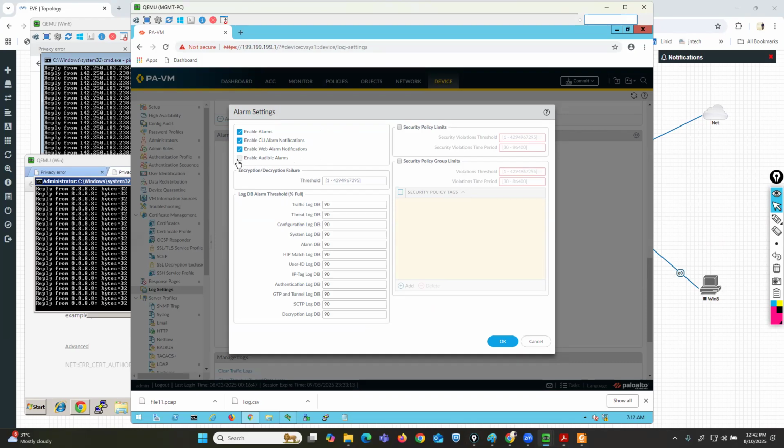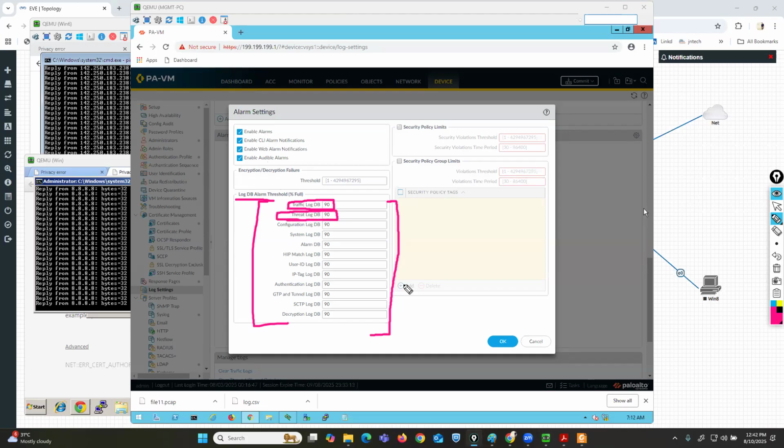So if you are looking for audible alarms, you can select this option. These alarms are related to these options. See, log database alarm threshold value. So in case the traffic log database reaches 90%, I want alarms. If the threat log database reaches 90%,